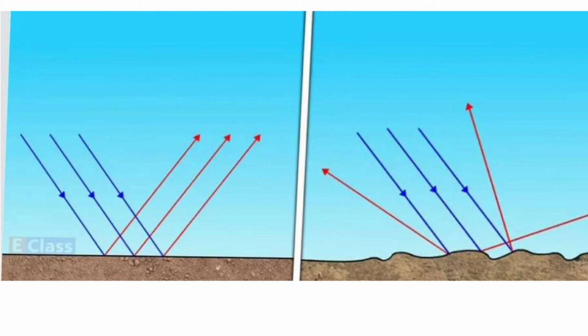All are same. Now let us come to understand about the irregular surface. See the surface here. Surface is not smooth, not a straight line. Is it a straight line? No, it is not a straight line. It is little up and down curves are there. Right? And now you observe. These are the three incident rays. Right? Now observe the reflection of them. One is getting reflected here, another is getting reflected here, and third is getting reflected here.